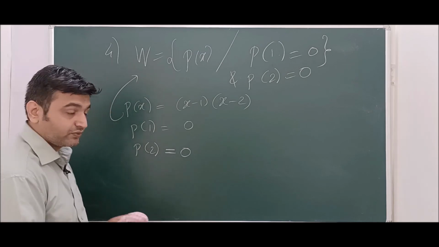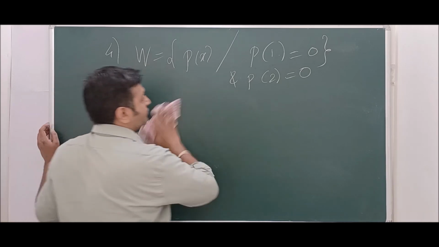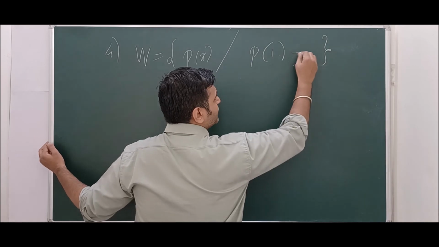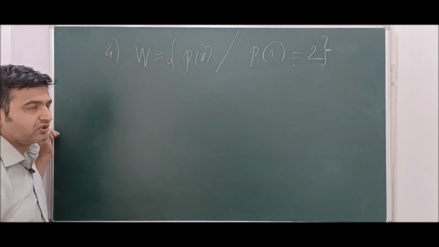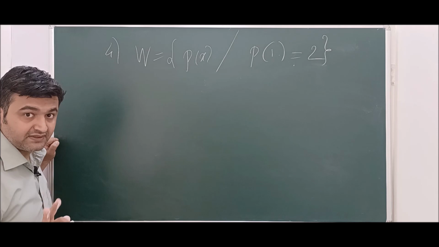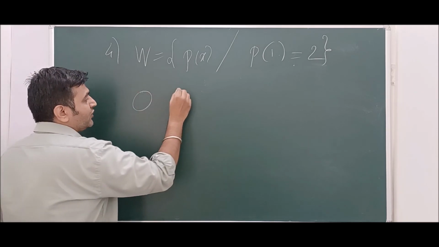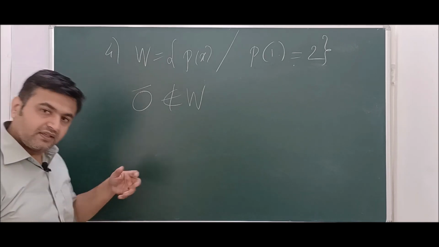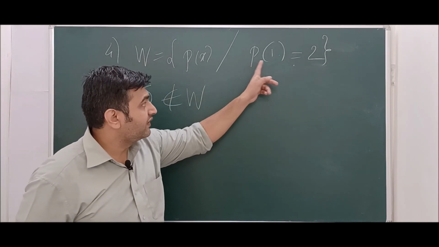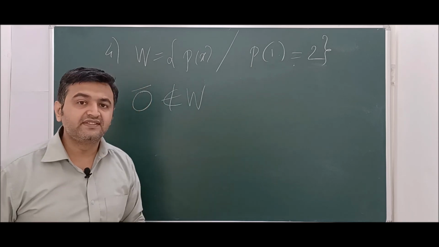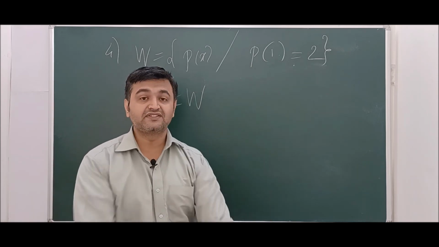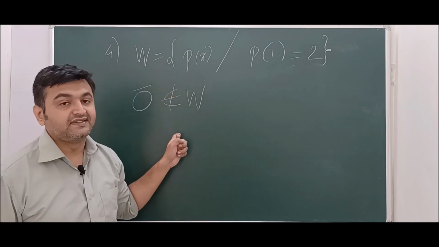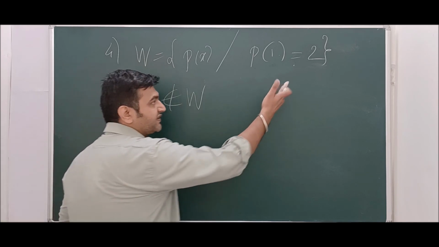Now let's go for the last one, where my right hand side is non-zero. So when your right hand side is non-zero, suppose say 2, whatever, some non-zero number, then it will never form a subspace. Because as you can see, the 0 polynomial does not belong to W. Because what is the 0 polynomial? It's 0 everywhere, right? So even at 1, you replace your x by 1, your answer is still 0. So whenever your right hand side is non-zero, it will never form a subspace, because it will never contain a 0 vector. So again, there is nothing special about 2.